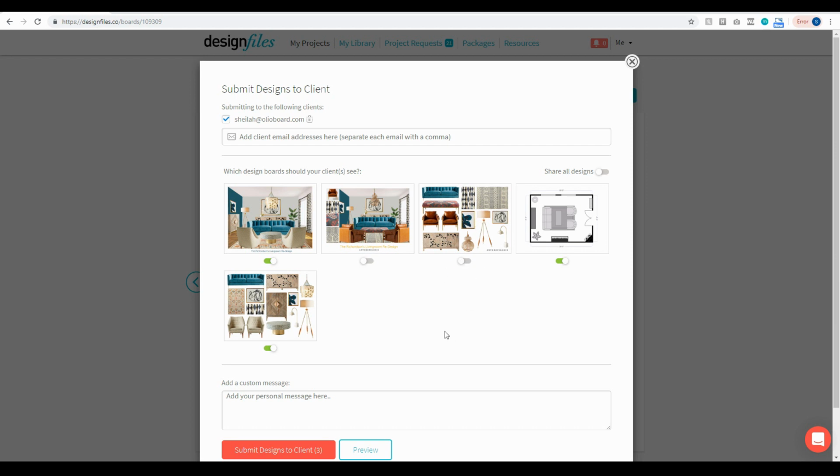So the nice thing about this is that if you have created, let's say, 7 design boards in your project and you want to send 4 of those designs out to your client, you're not having to go to those individual design boards and send them one at a time. Now you can just grab all the design boards that you want and submit them to your client in one email. You still have the option to add in a custom message down here. So if you want, go ahead and add that in,